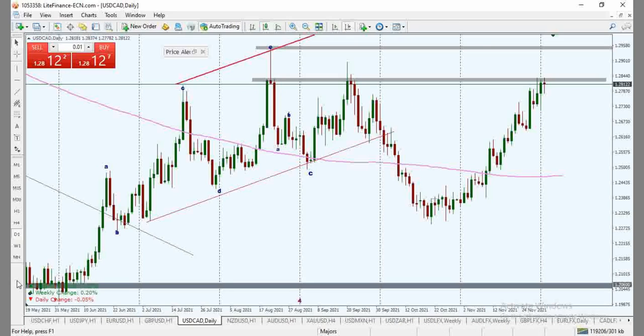We are currently around the September high territory, which is right inside this territory of 1.29,